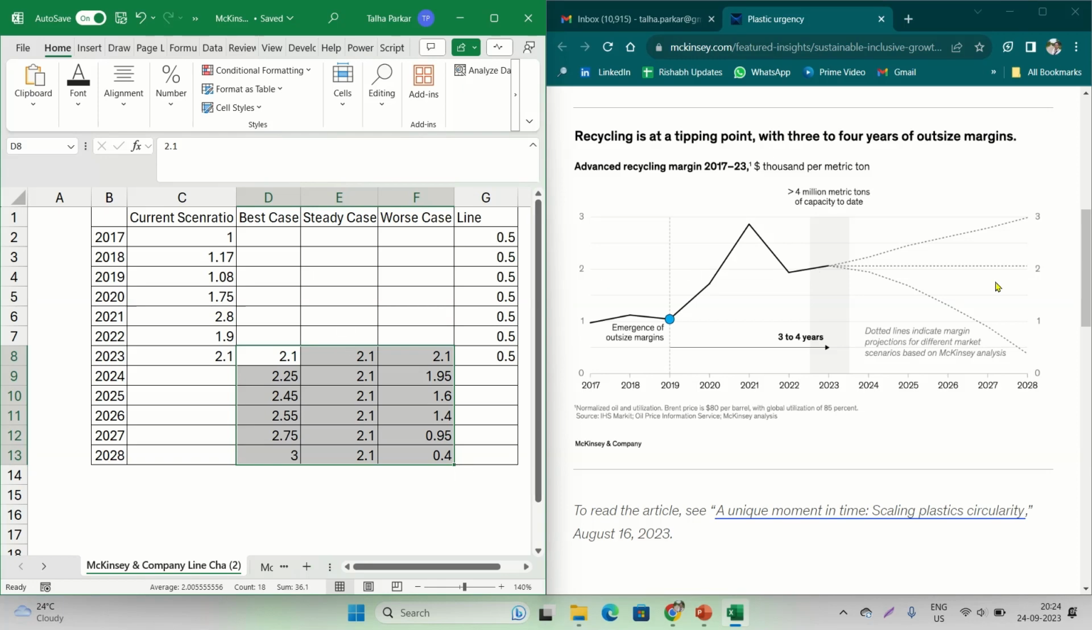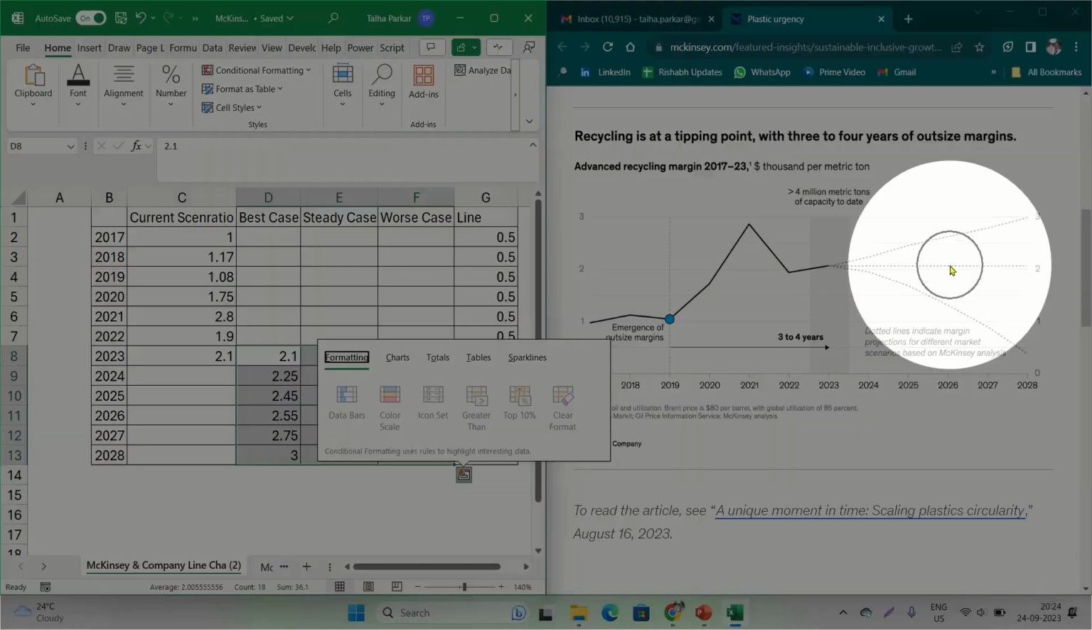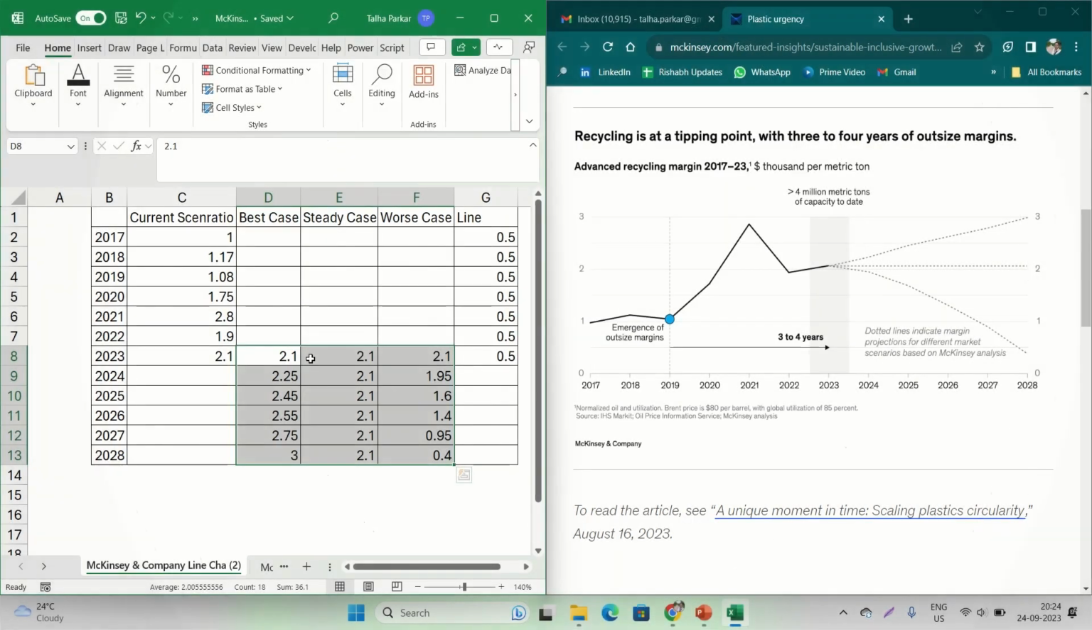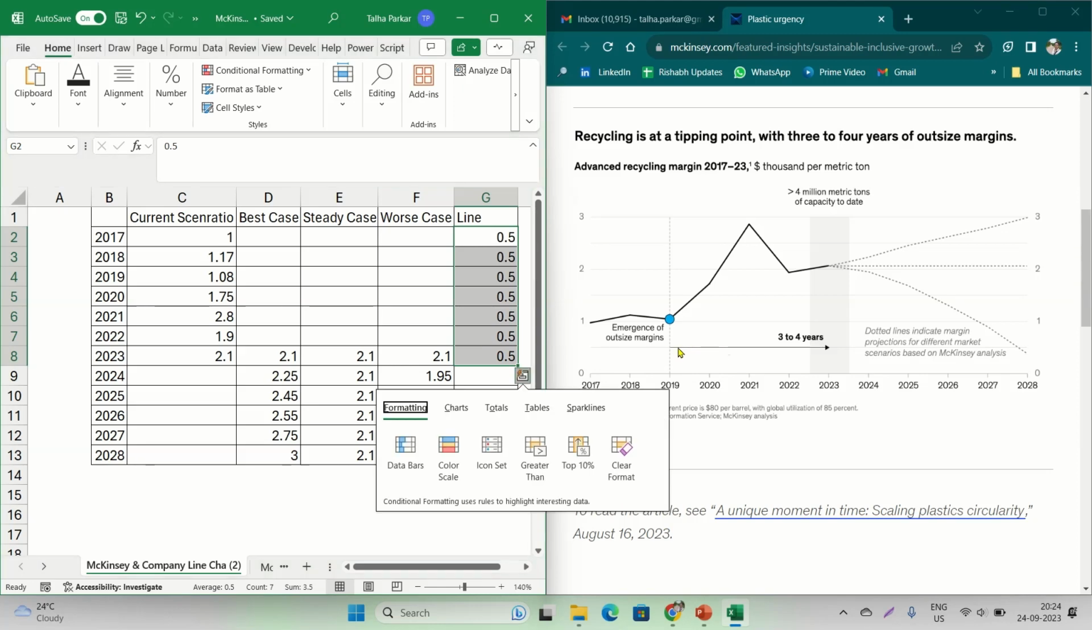So since in the second steady case, which is the one dotted line in between in the middle, the data is same, the line is constant, so hence I've kept the same number. And the best case is the data points have increased, and in the worst case the data points have decreased. And this dotted line that you see over here is the one that has helped me create this